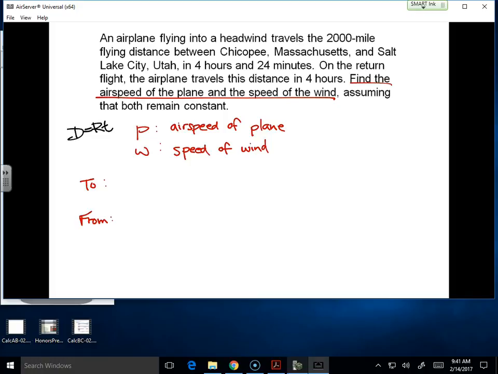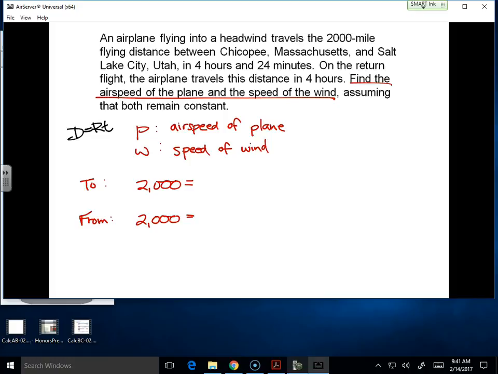Distance. How far? 2,000 miles. What was the distance on the return trip? 2,000 miles. Same trip. Yeah, I know, it'd be a little unrealistic, right? But for the sake of the problem, I'm just trying to keep it simplistic. It would probably be a little bit different flight plan. But either way,